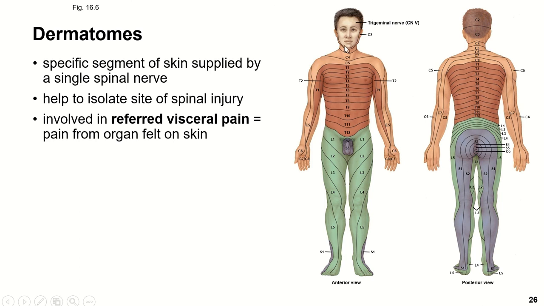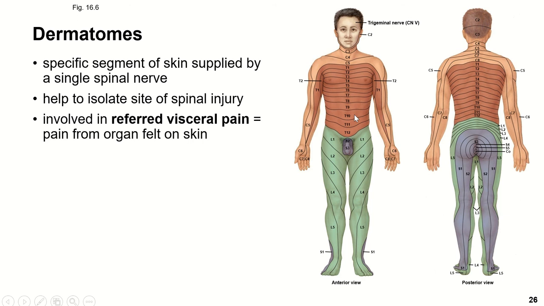Because of the branching of the spinal nerves and the way the spinal nerves exit the spinal cord, we have these things called dermatomes, which are specific segments of skin that get innervated by a certain part of the spinal cord. This is one of the ways that we isolate the site of a spinal nerve injury. If someone can feel everything down to their belly button, then we know that the injury is at that T10